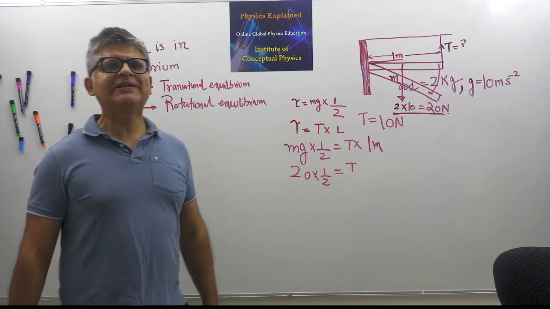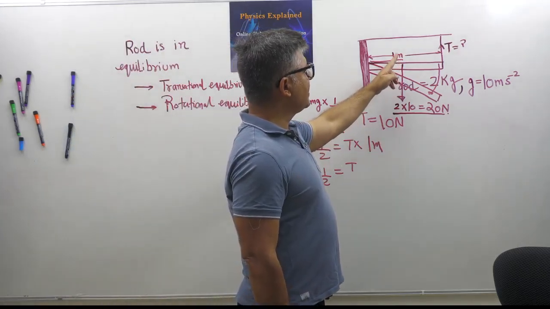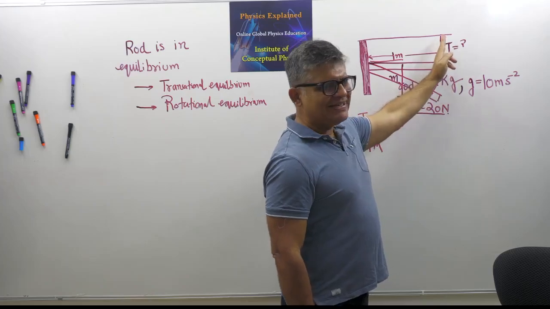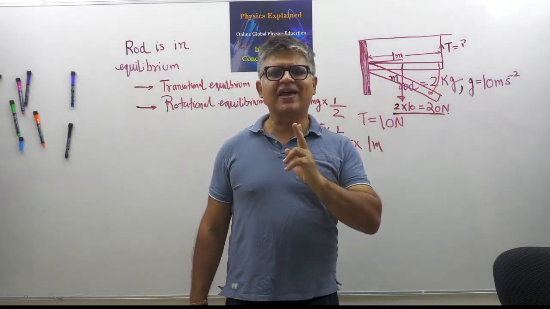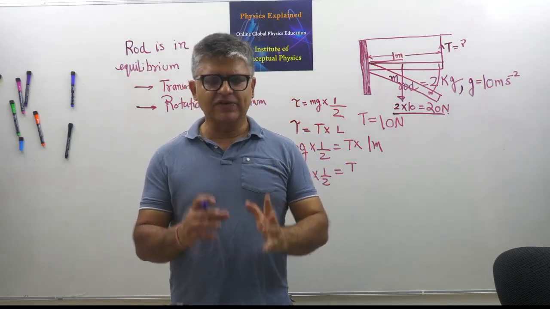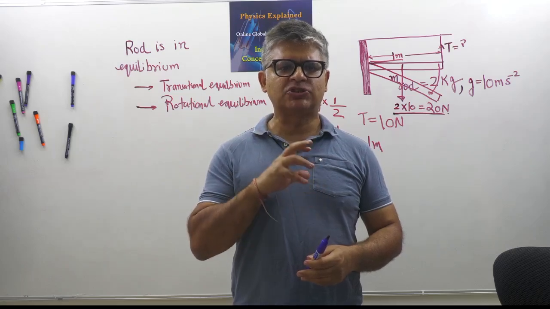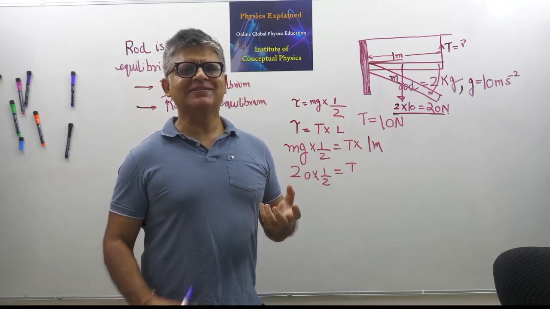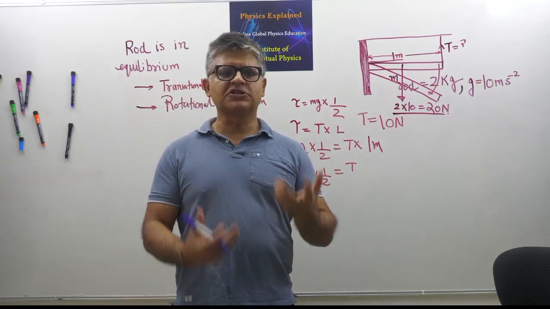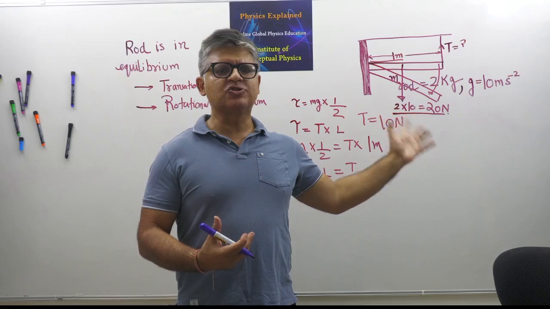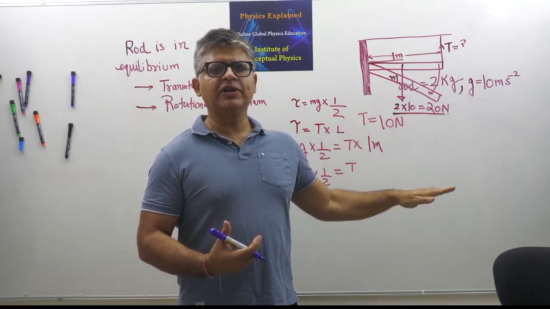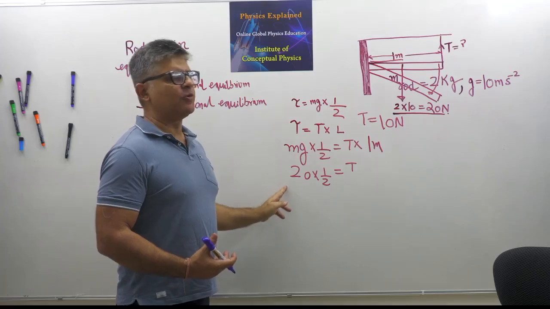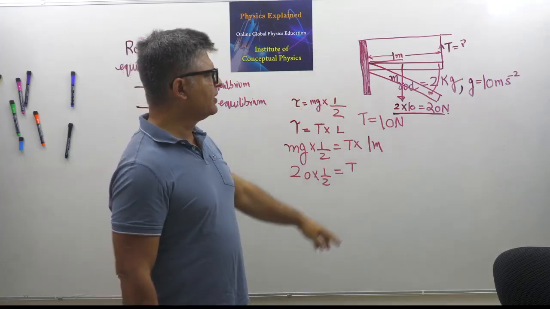A lot of students may be tempted to say that the body is being acted on downwards by 20 newtons and has an upward force of T, so T should be 20 newtons. Be very careful in the case of rigid bodies. In the case of a rigid body, if you find a rotational equilibrium situation also, apply that. Don't restrict yourself to conventional point mass translational equilibrium, where the upward force is equal to the downward force. This is also being subjected to a torque, right? You need an upward torque to balance that. And therefore, this is the correct approach, not the approach where you put T directly as 20